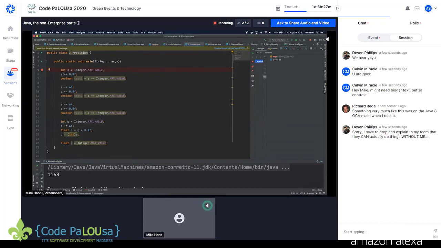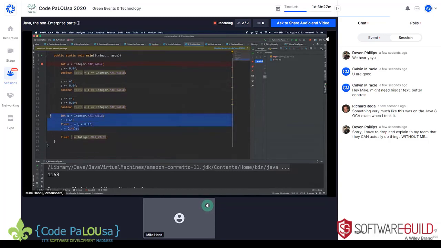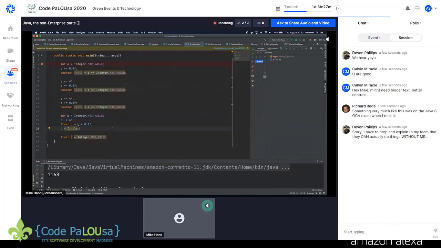We're going to do a plus equals 0, but 0 as a float value, 0.0. Then we're going to see if those are equal. Then we're going to subtract 63, reassign it to a, and add 0 to it again. We're going to see if those are equal. Then we're going to subtract 64 from a, assign it back, and then add 0 to a again, and see if that's still equal to integer max value. And because this is here, maybe you can surmise that at least one of those is not going to be equal, and we're going to step through why.